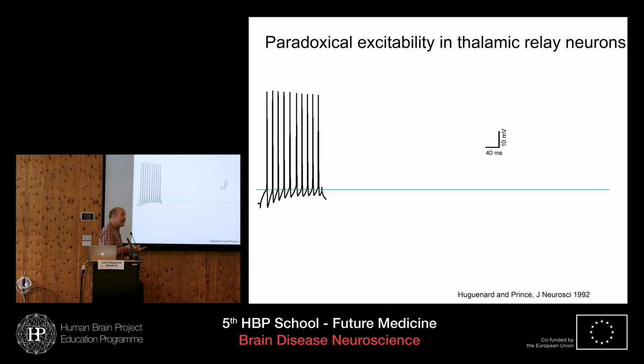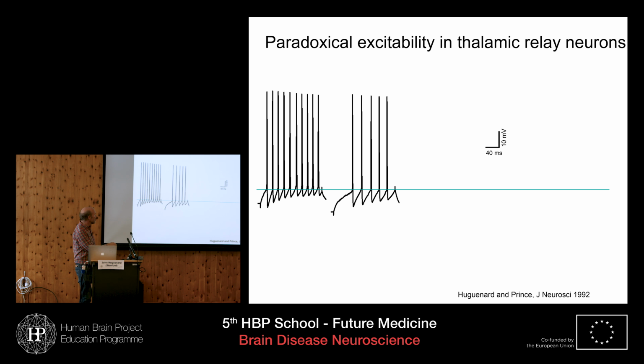Now, these cells are very interesting because they change their firing state as we fall asleep. As we fall asleep, there is a withdrawal of neuromodulatory influences that tend to keep these cells depolarized. So this neuron is starting to fall asleep. You see I've moved its membrane potential down a little bit, by 5 millivolts. Now that same sensory stimulus is producing fewer action potentials. So it's less responsive, and that sensory information is now less effective at getting to the cortex, right? So the cortex is starting to ignore what's going on in the outside world.